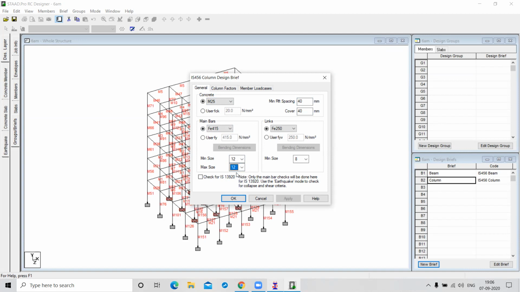If you want, you can increase it to 16. And this is your link size, and the link size is 8 mm.